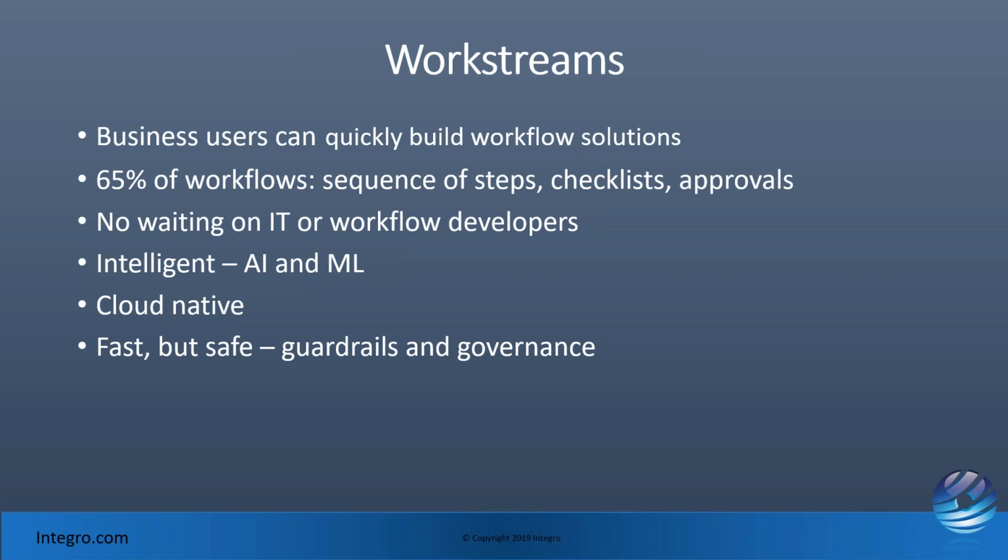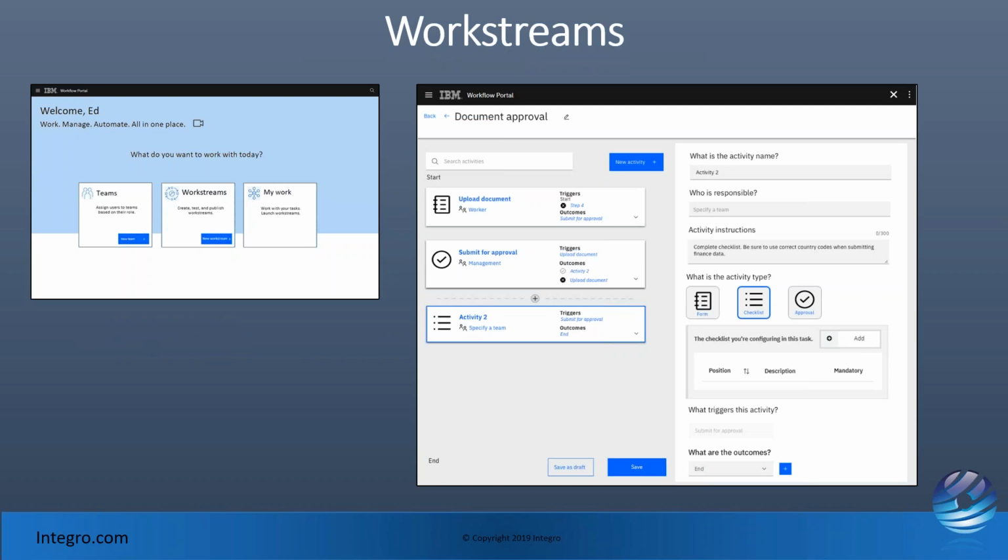Simple workflows is 65%. 65% of workflows are simple, either sequence of steps and/or checklists and/or approvals that don't really require that much sophistication or complexity. But right now, all you have is workflow, and now you have a new tool called Workstreams that's fast but safe. It's cloud native. This is kind of a picture of what it would look like to create, and you can